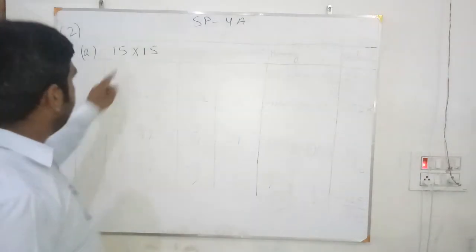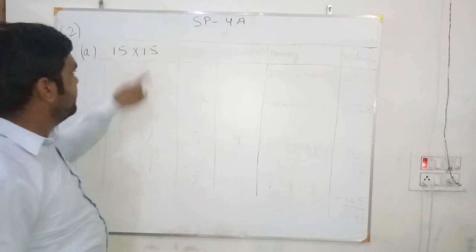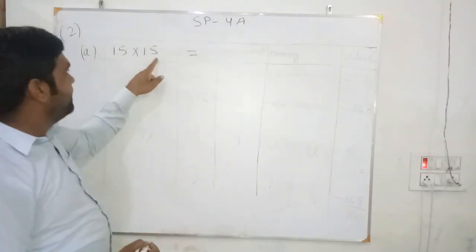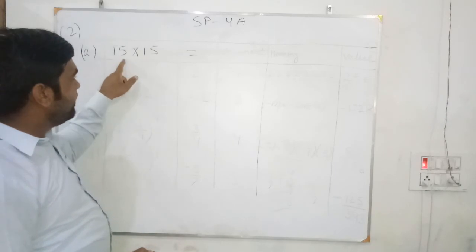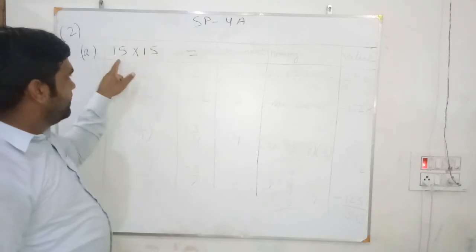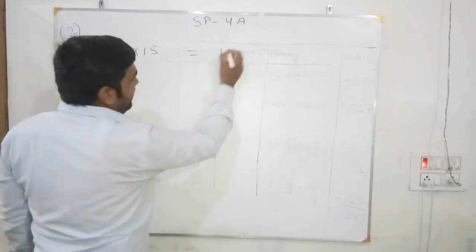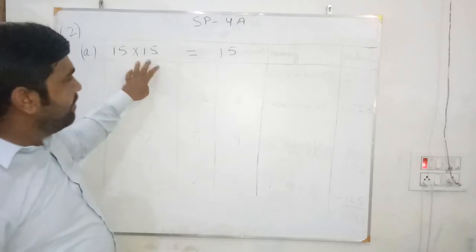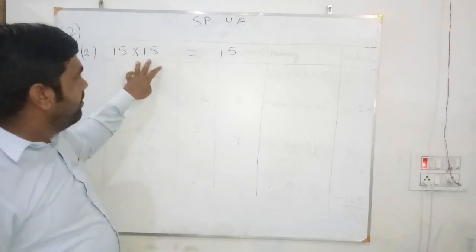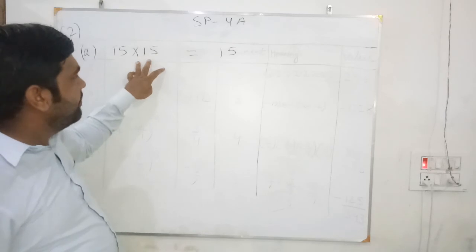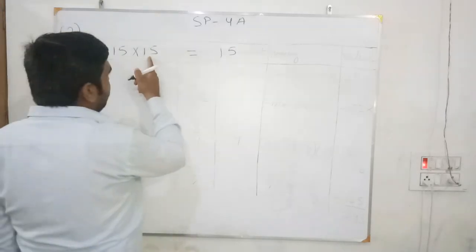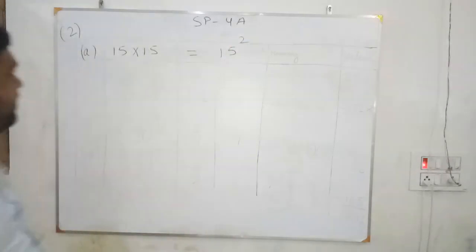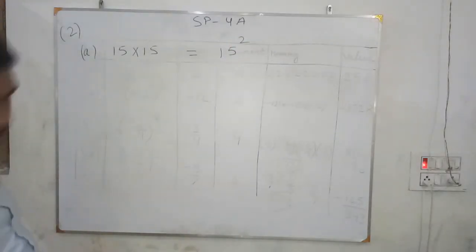See here, the same number is multiplied how many times? 2 times. The number of times a number is multiplied, that is the exponent, meaning the power. So 2 is the exponent, and the number that is multiplied is the base. So the same number 15 is the base. The base is multiplied by itself a certain number of times, and that number of times is the exponent. So here the base is multiplied by itself 2 times. So that is 15 to the power 2. What you can write in exponent form: 15 to the power 2.